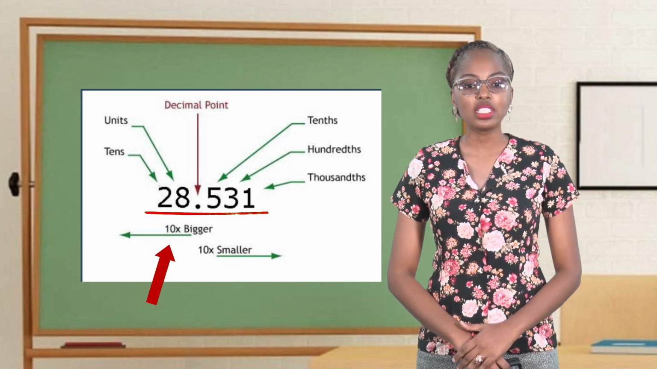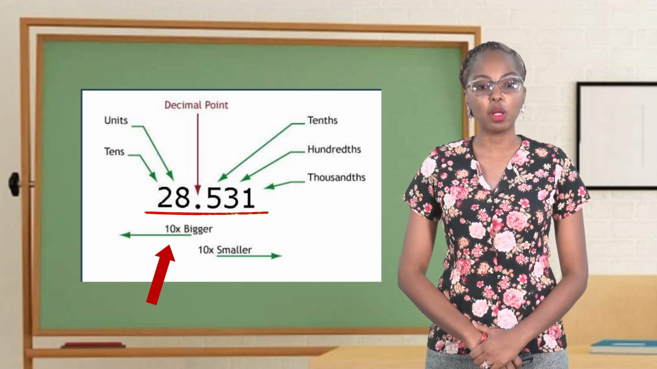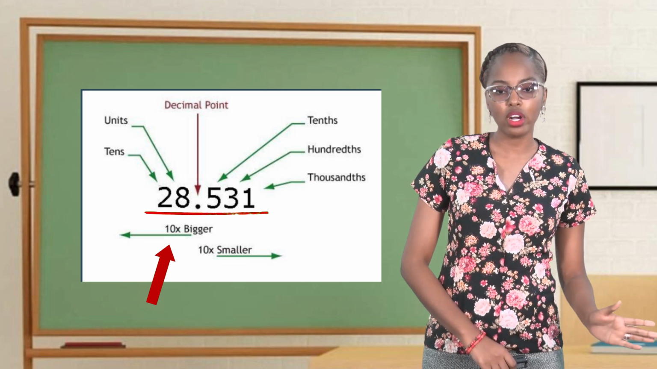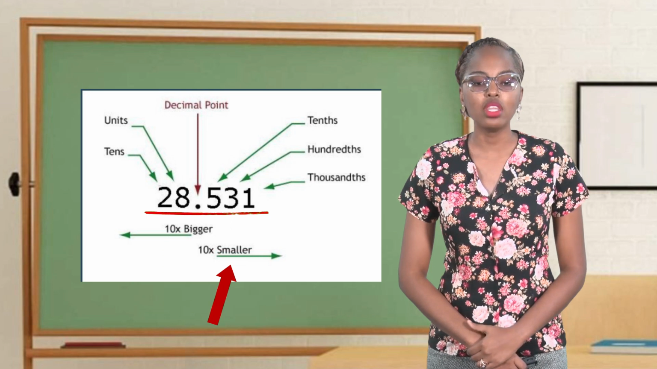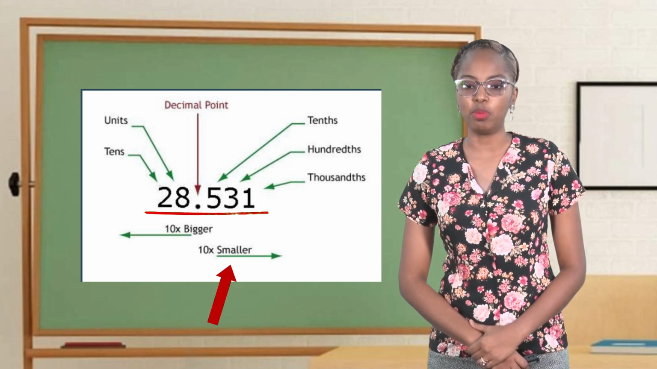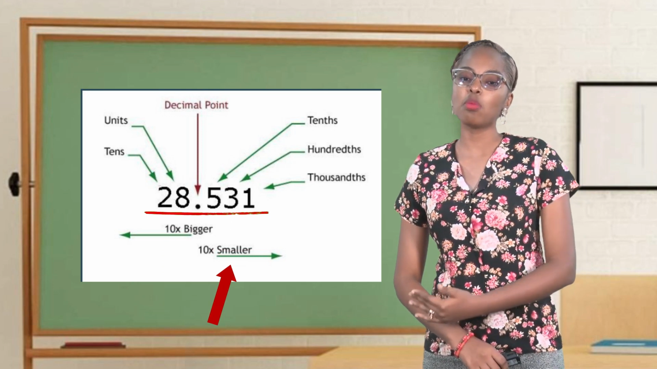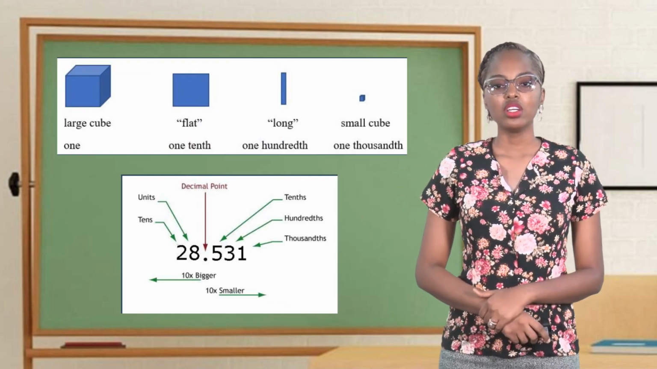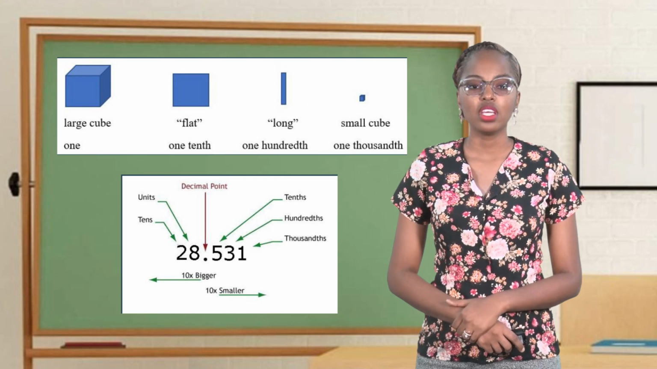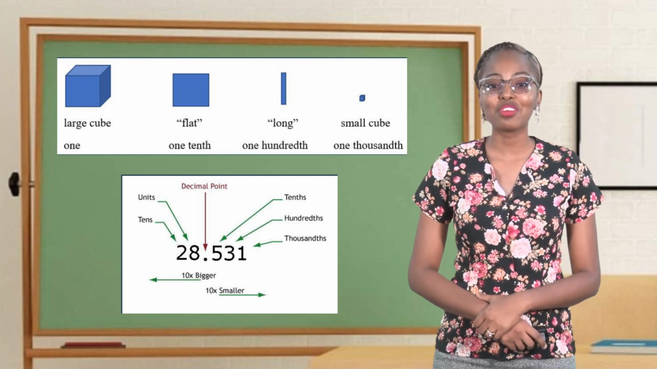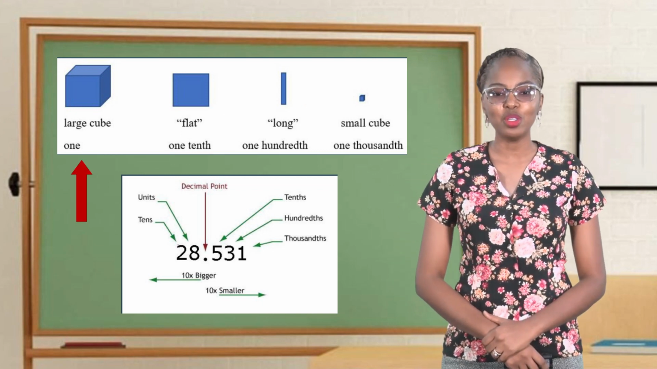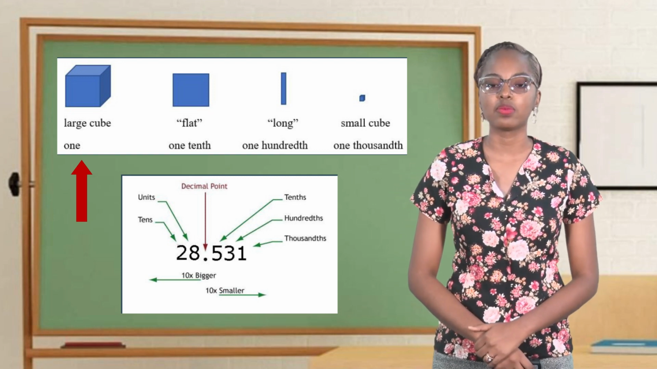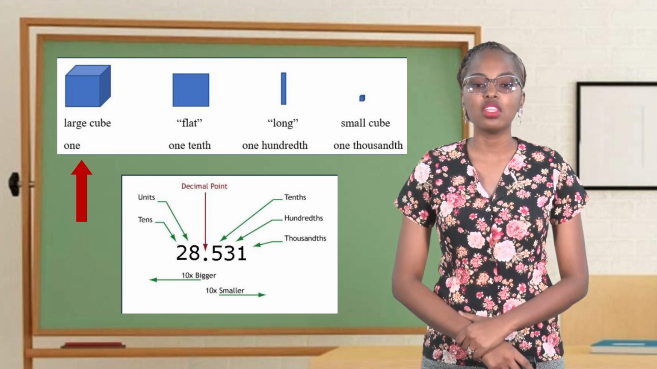Now, numbers that go before the decimal point are 10 times bigger as they go further away from the point, while numbers that are after the decimal point become 10 times smaller the more they move away from the decimal point. Look at the other image on the screen. There you would see some colorful cubes. The first cube, which is a large cube, is used to represent whole numbers, such as the one in the figure